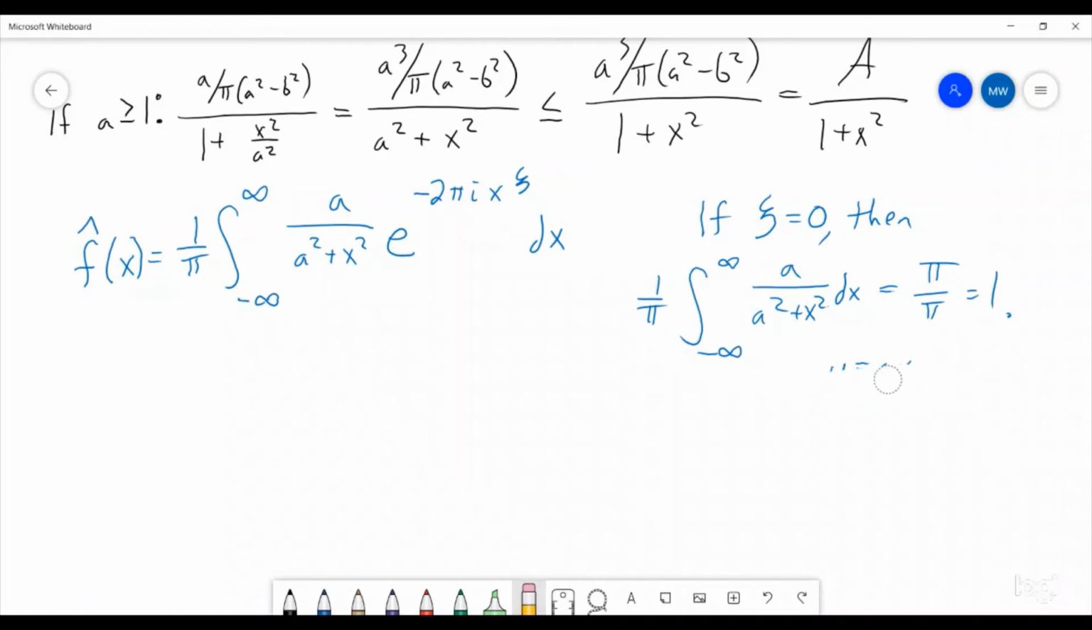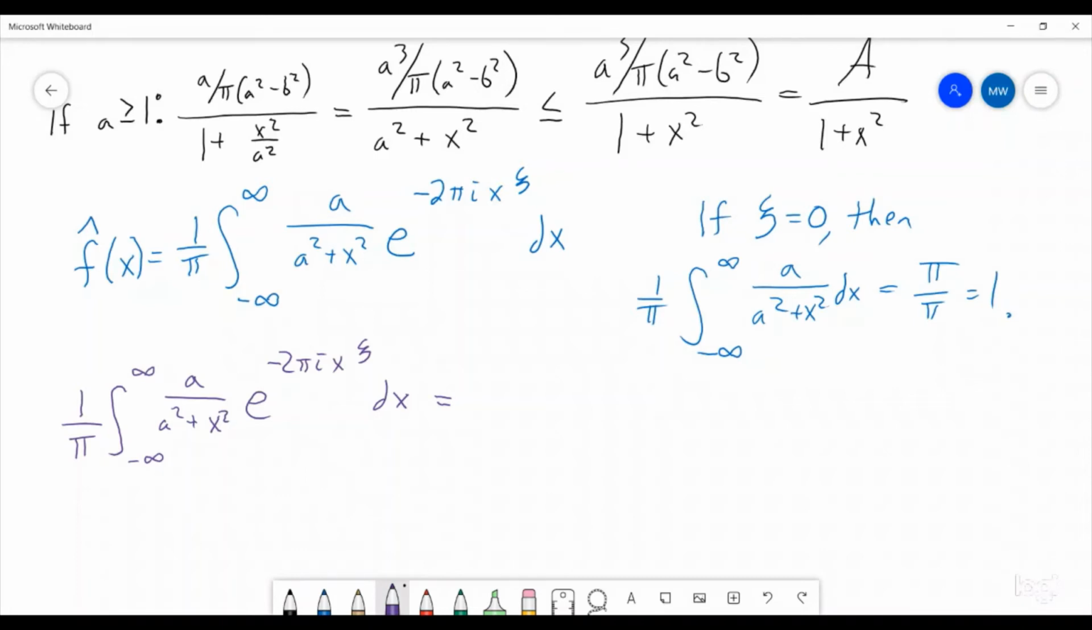So the fun part comes when we are dealing with the cases when c is greater than 0 or when c is less than 0. Now, to show that these are actually the same case, we are going to look at the following. Note that 1 over pi times the integral from negative infinity to infinity of a over a squared plus x squared e to the minus 2 pi i x c dx. This is equal to, where we make a substitution of x equals negative x,